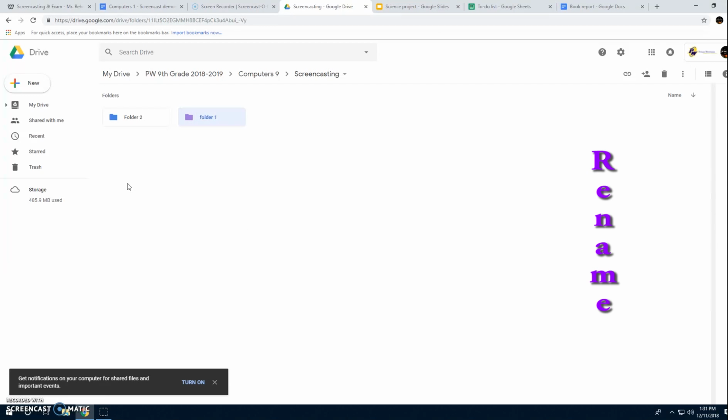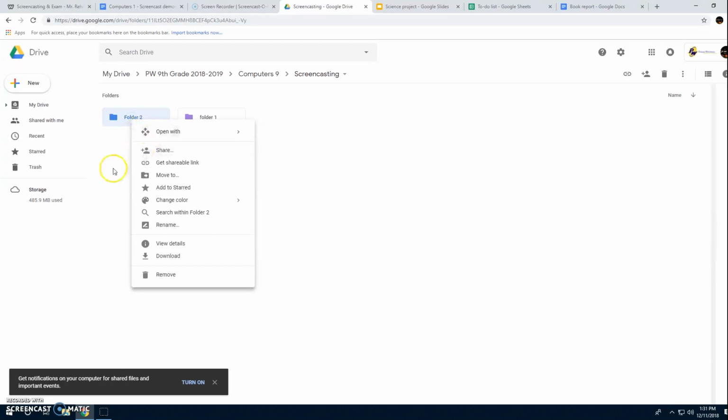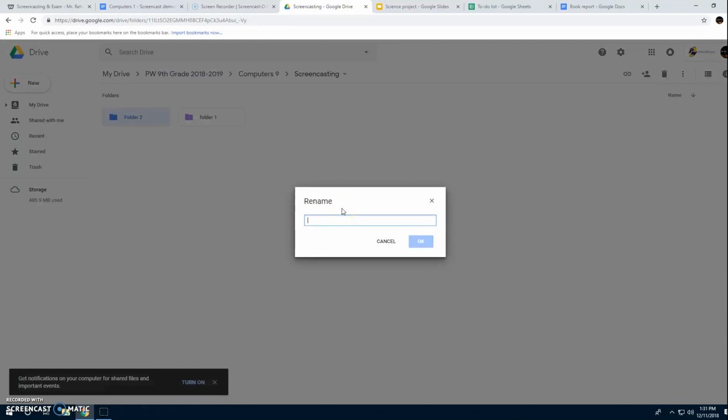So to rename a folder, you just right-click on the folder, press Rename, and then type in the new name. Renaming folders